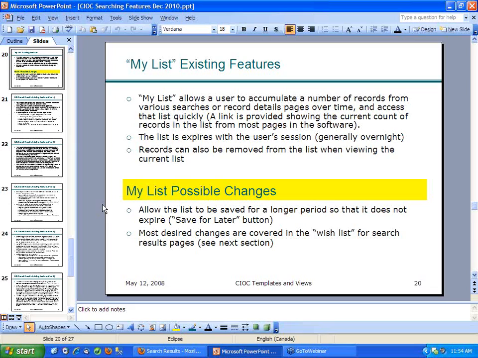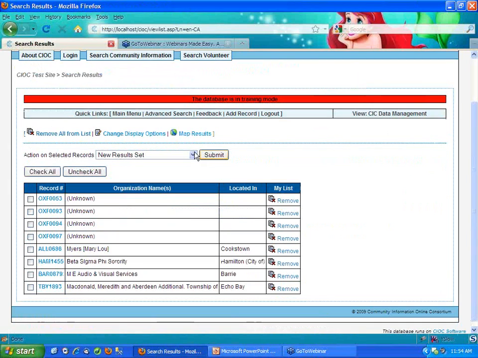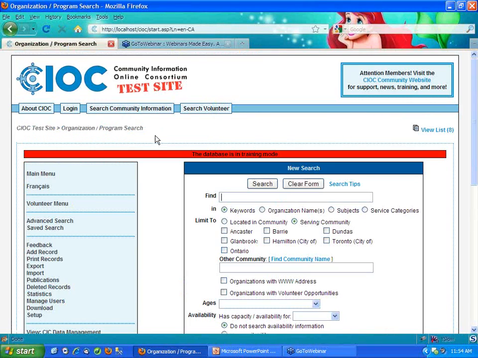I'm just curious because we don't see the button that you have up in the corner, My List. Like we can go in. So that means that you have, do you have a custom header in your view? If you have a template, meaning you've designed your own design template, not use the CIOC built-in one, you have to tell the software where in your template to put this. Okay, that's what